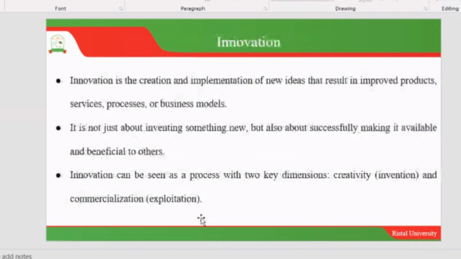So, innovation, like we had talked about yesterday, is the creation and implementation of new ideas that result in improved products, services, processes, or business models. So it is not just inventing something new or a product and you leave it there, but it also entails